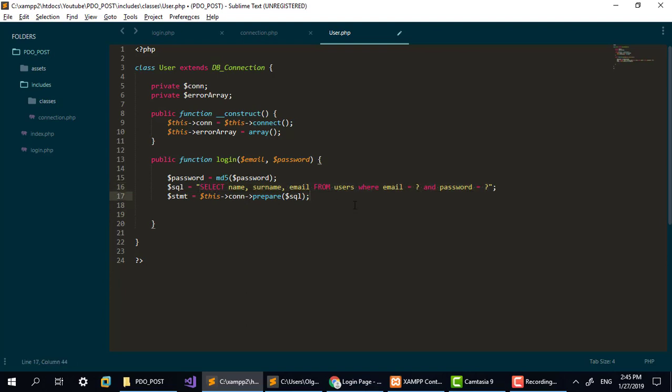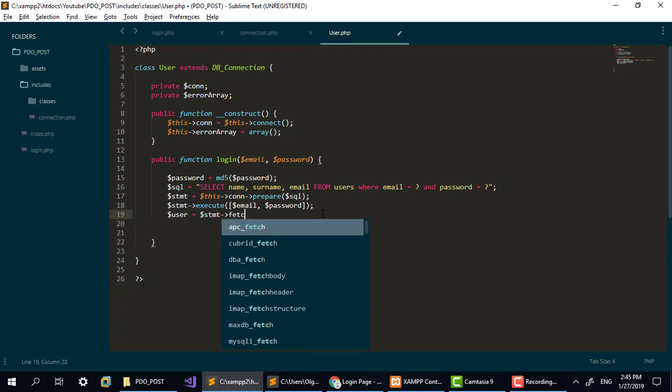Okay, but we still didn't supply these email and password here, so we have to write it like this: statement execute, and this is going to be an array. The first parameter is the email that I'm getting from the user, and the second parameter is going to be the password, which I converted to MD5. Okay, and here I will just write user will be statement fetch,